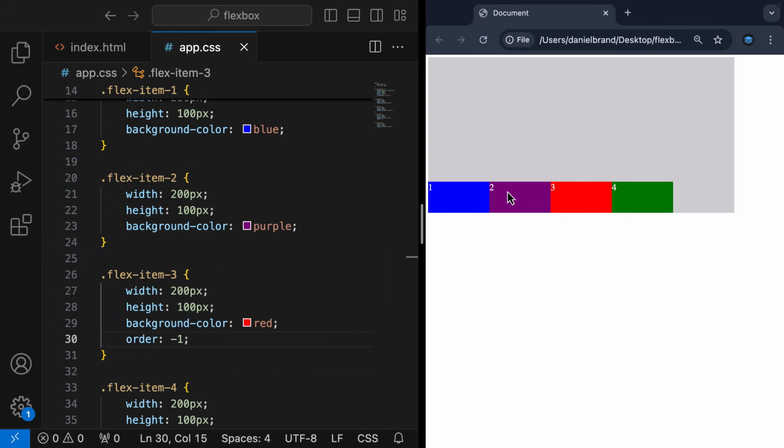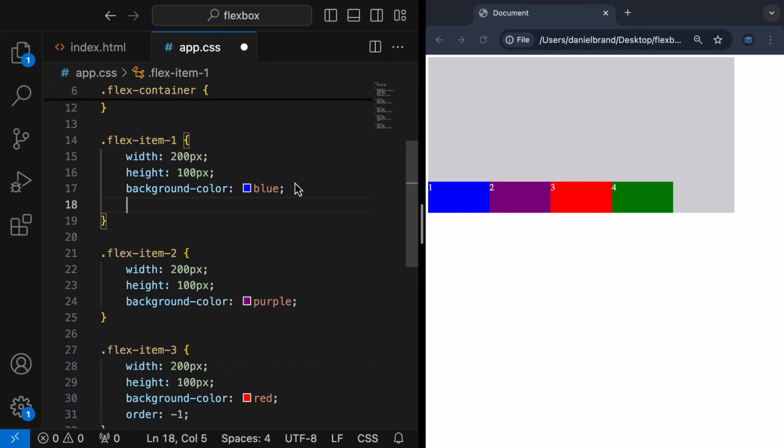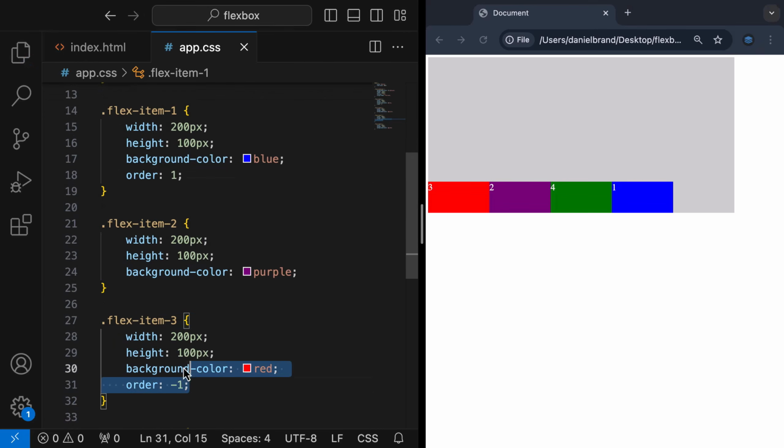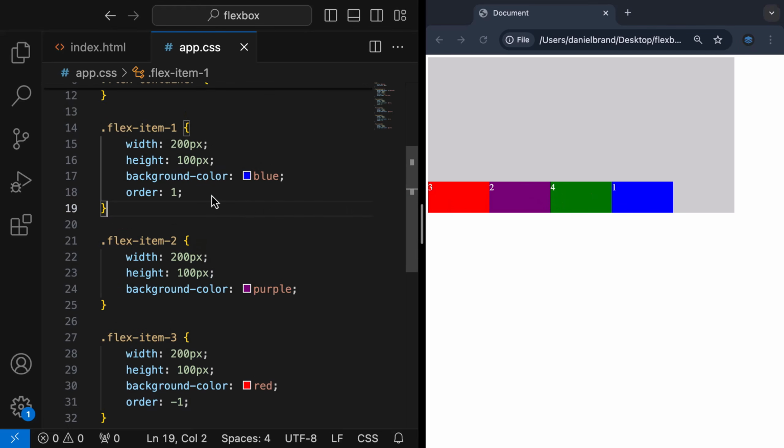For flex item 2 and 4, I'm just going to leave those alone, which means by default, the order value is 0 for 2 and 4. For flex item 1, let's make that come last. So I'm going to give it an order of 1. I'll refresh, and you can see flex item 3 is now first, as it has the lowest order value. 2 and 4 have an order of 0, so they appear here, and flex item 1 has the highest order